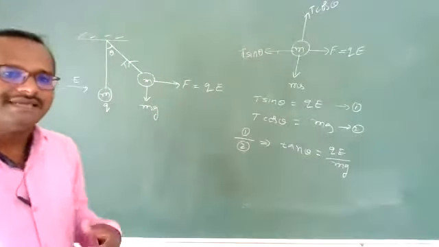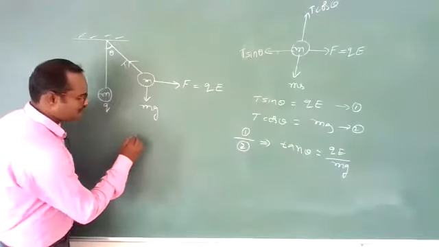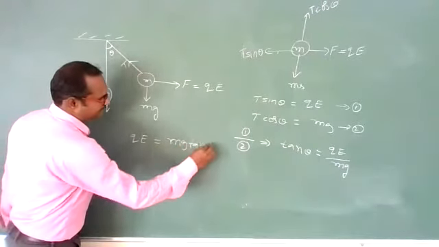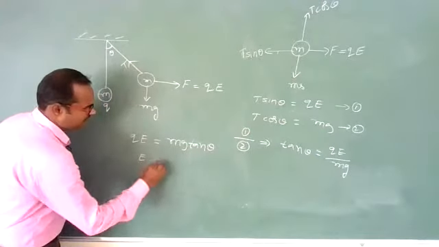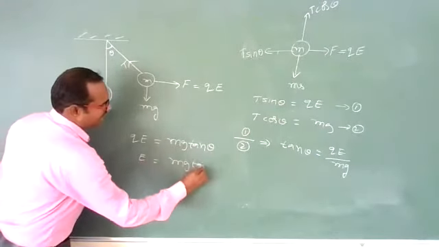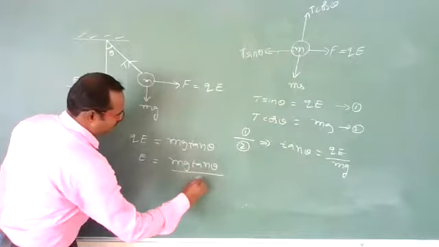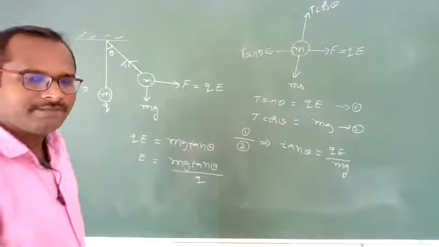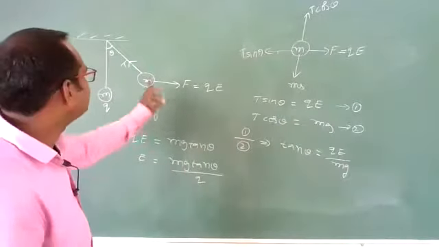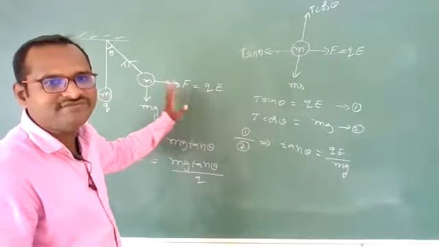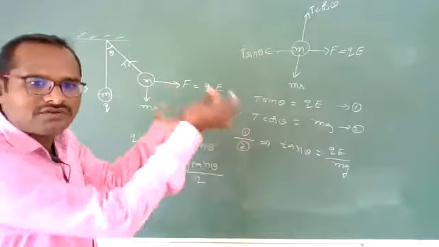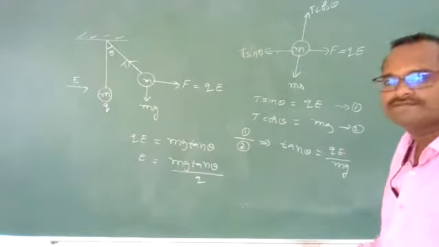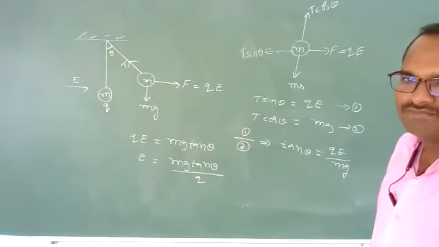Or if you want the electric field, what will you get? QE is equal to mg tan theta. Then E is equal to mg tan theta divided by Q. You can find it like this. So only the concept is in which direction the force will act due to the electric field. And the remaining is all your first PUC points only. Clear, students? Objective question.